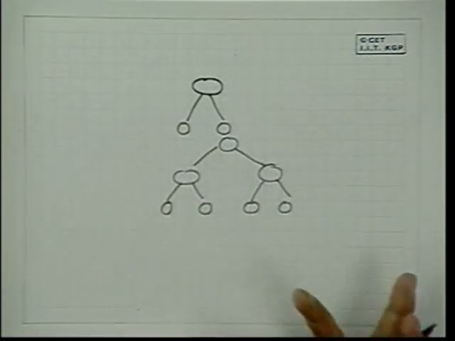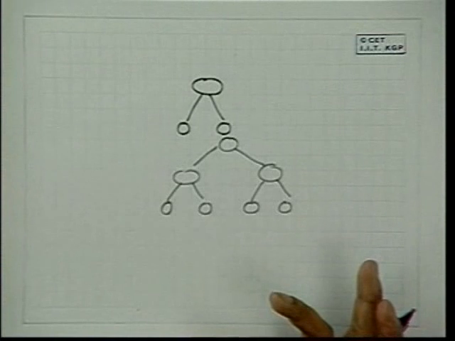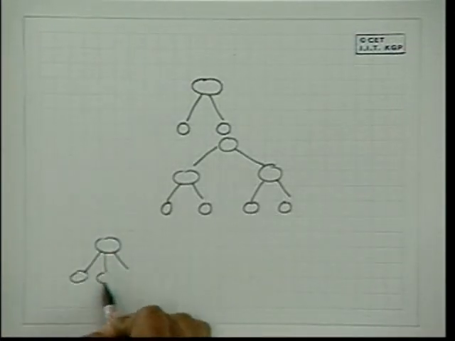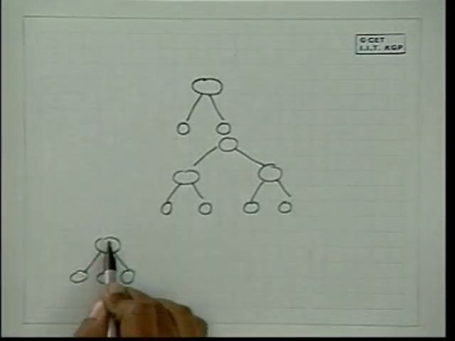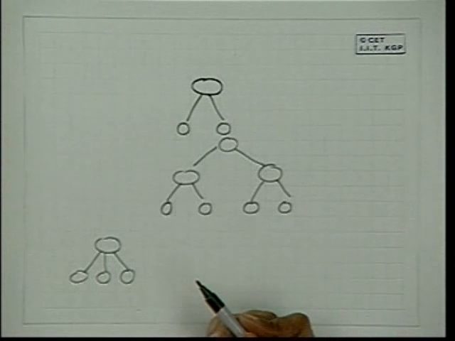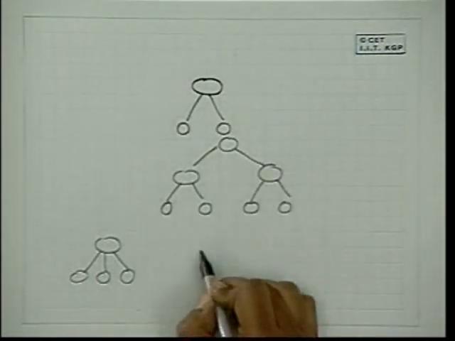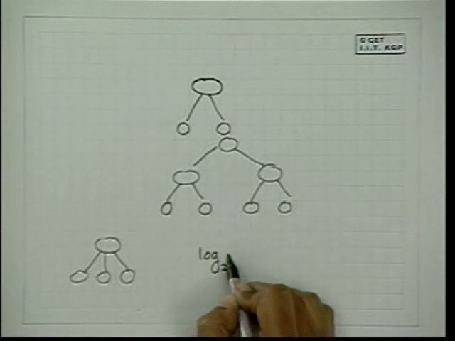If there are 8 nodes, the height will be 3, and so on. And if you take a 3-ary tree, for 3 nodes, height will be 1. For 9 nodes, height will be 2, up to 9 nodes. Then up to 27 height will be 3, and so on. So the height of a 2-3 tree will lie between